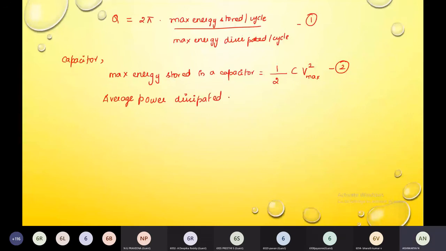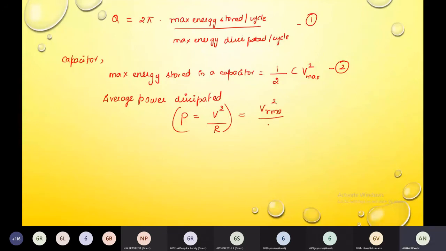You know that P equals V square by R. So what is average power? Average power, now what will you substitute? Instead of V, what will you substitute? You know the formula, P equals V square by R. Okay. So I want to know the average power. Now what will you do? Generally, we write it as VRMS, correct?